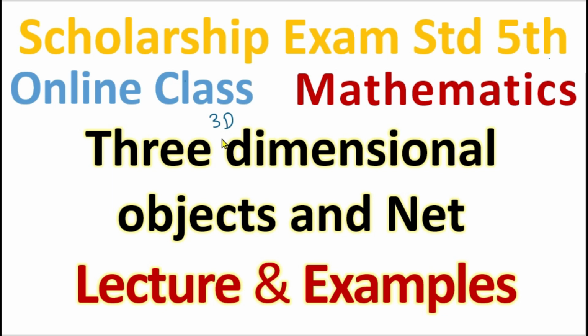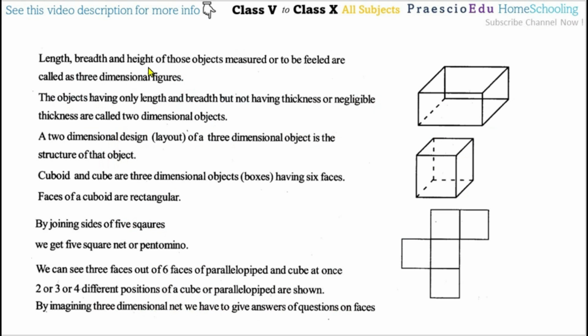Okay, if we have the shape and with it a third dimension, or we can say third side, including that one, that is called an object. And after the object, if we cut it open so that every surface is visible, then that is called a net. Okay, so net is very important, this is a new word for you. So what exactly is this, we are going to see.